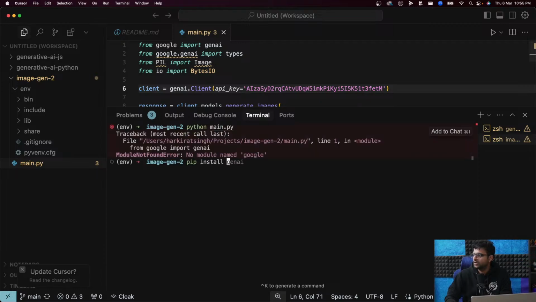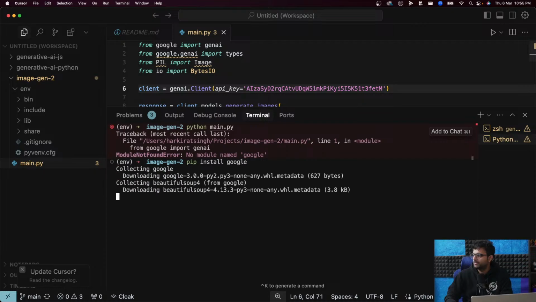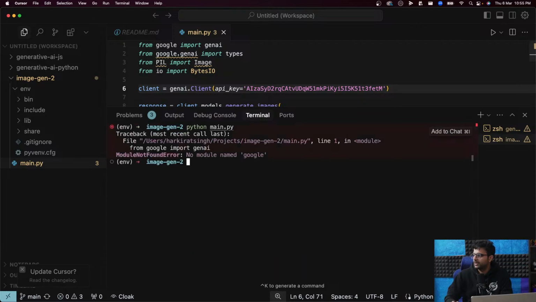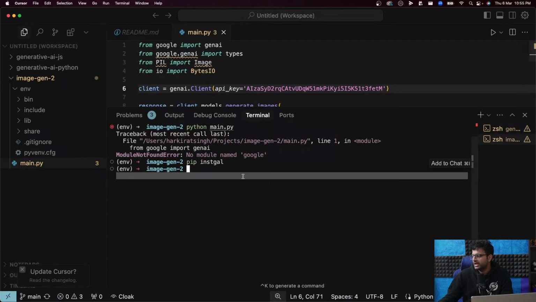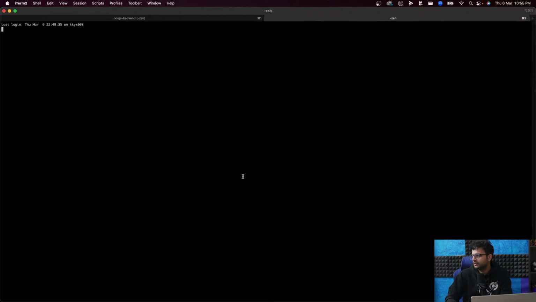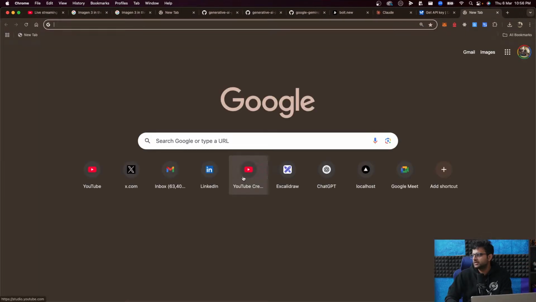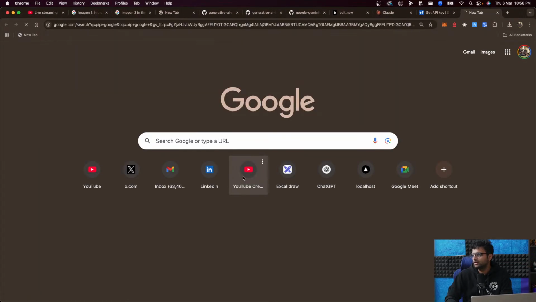Module not found. From Google import GenAI. I did the wrong pip install. But it might be something else.